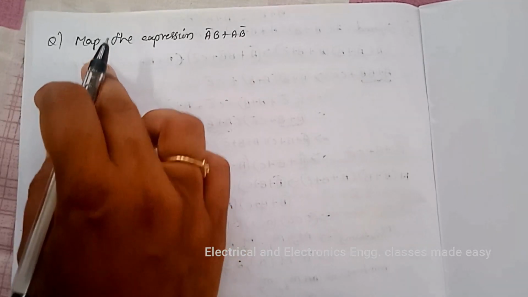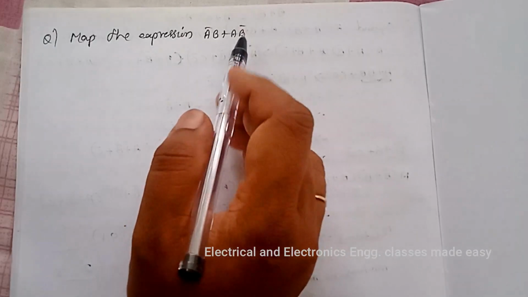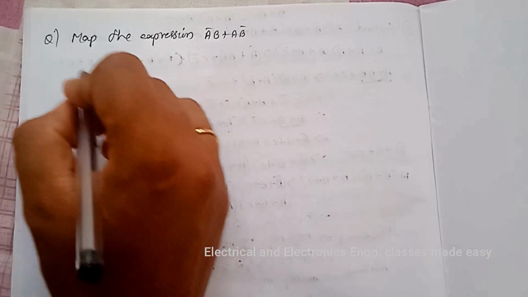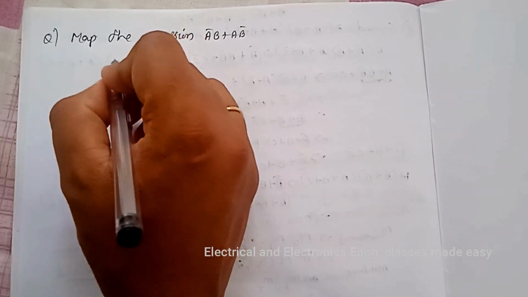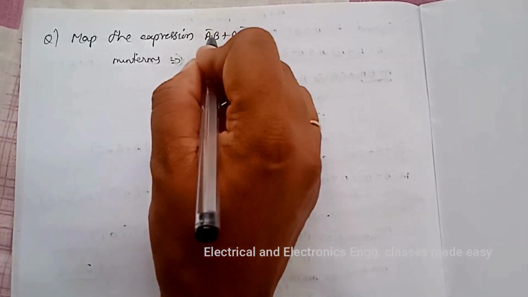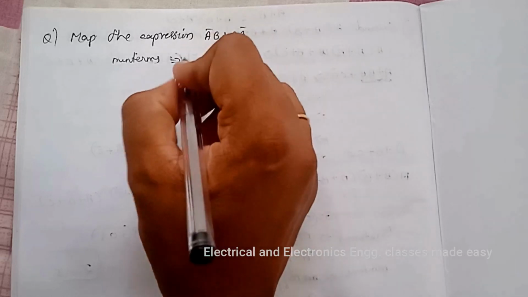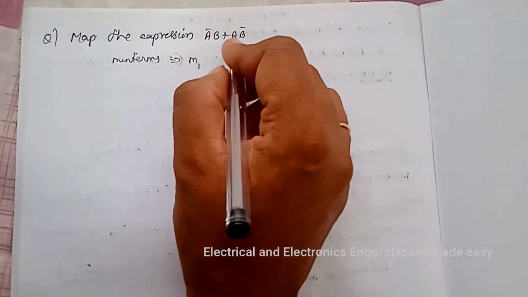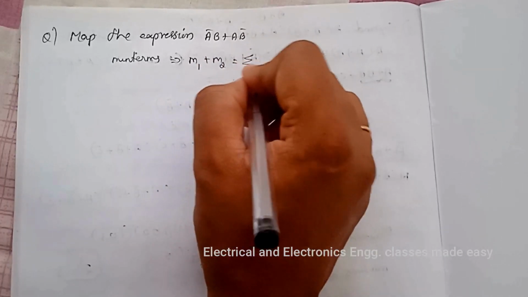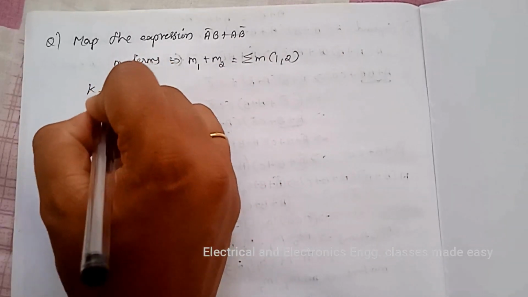Let us do another example. Map the expression A bar B plus A B bar. So from the given expression we can write the minterms. That is, minterms are A bar B, that is 0 1. 0 1 is m1, 1 0, that is m2, that is sigma m 1 2. And the Kmap